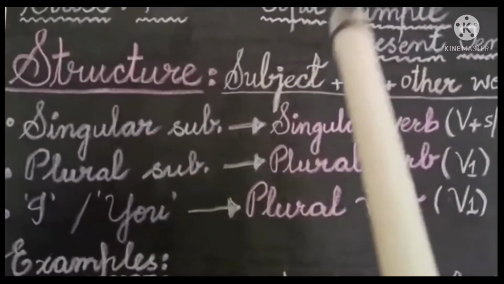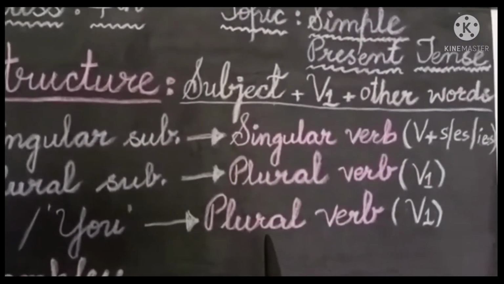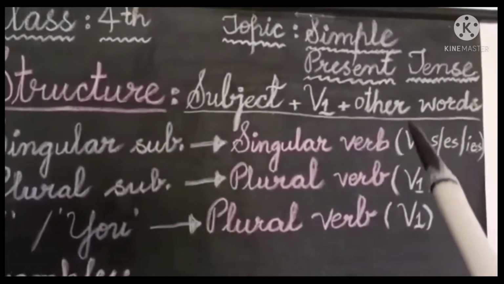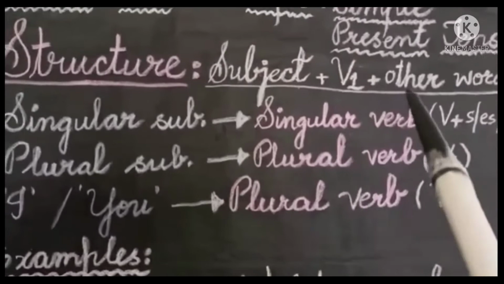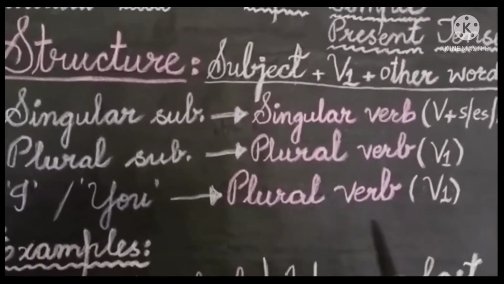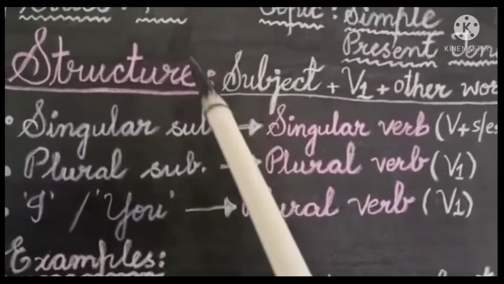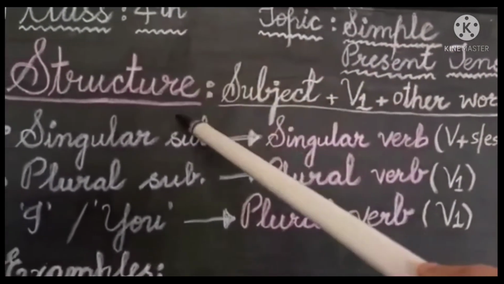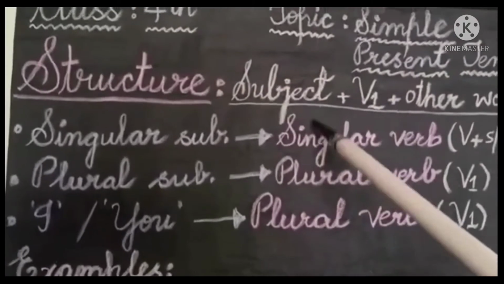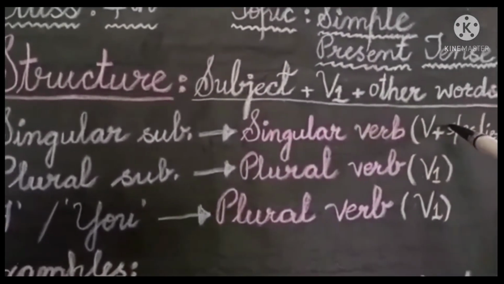My dear students, if we have to construct a house or a building, at that time we make a simple graph of that, like where we have to construct the building, from where we have to start, what we need to construct first. Likewise, if you are going to write a sentence in simple present tense, you need to know which word I should write first, then which word, and how should I conclude my sentence.